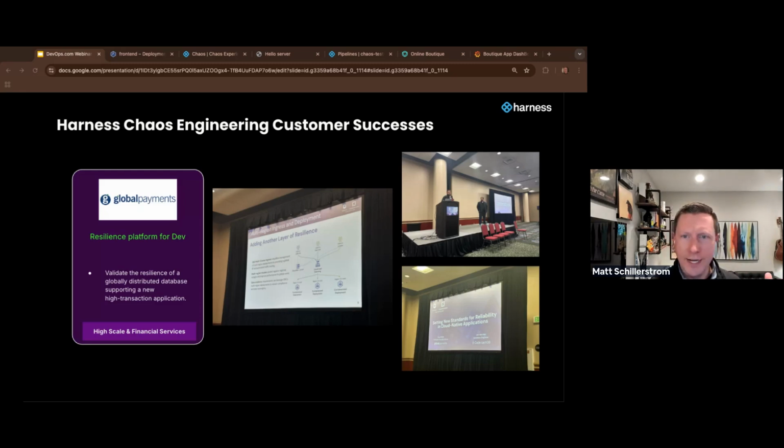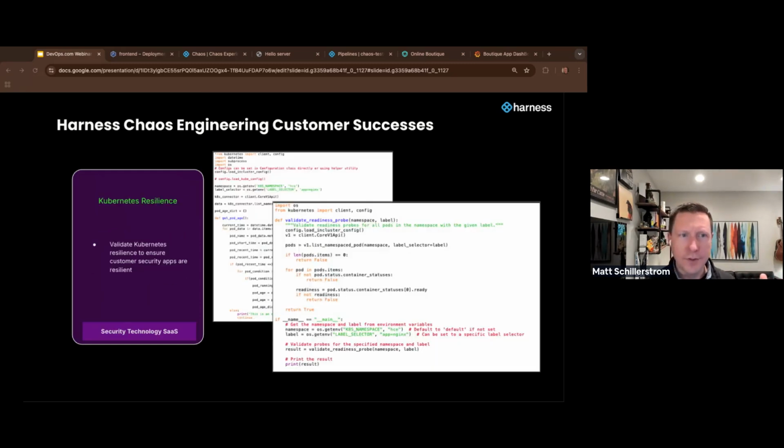And a couple more use cases before I click over into the demo as well. This is a really interesting one too. So you can actually test Kubernetes resilience. So if you have liveness or readiness probes that you're using in Kubernetes for your pod restarts, these are probes that you have to configure. You can actually use chaos engineering techniques to tune that, right? So sometimes people size the configuration too large or too small. So you can actually kind of see what that tuning should be.